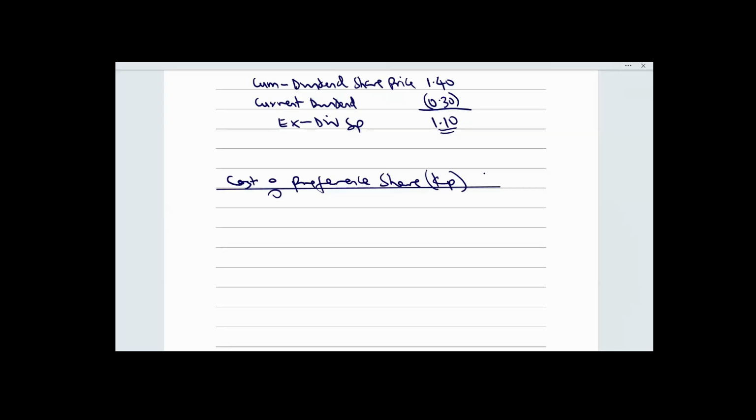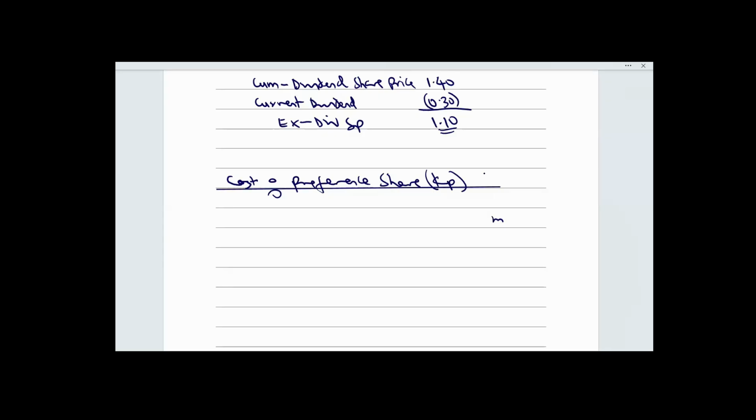The preference shareholders are entitled to a fixed dividend, which means that there is no growth in preference share. Preference dividend will not grow, it remains constant. That's why we say it is a fixed dividend. Now, in the event of liquidation of a company, when a company collapses, the preference shareholders will be settled before the ordinary shareholders, but after the debt holders must have been settled.